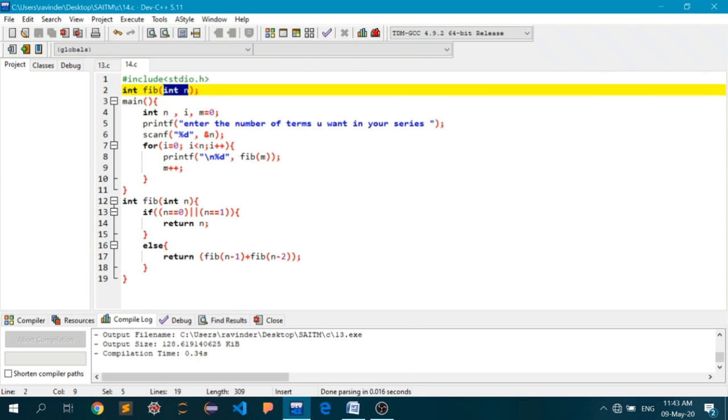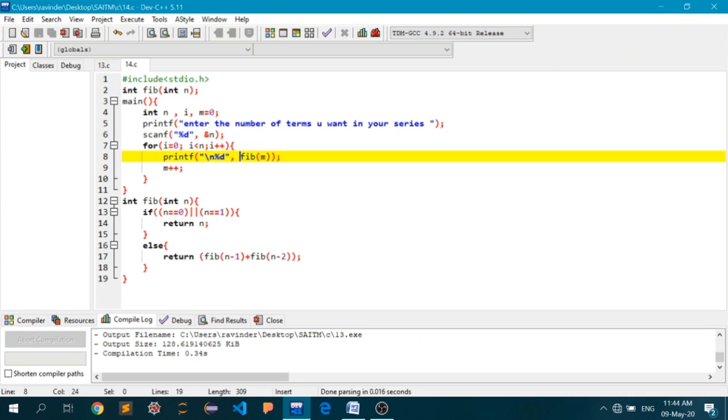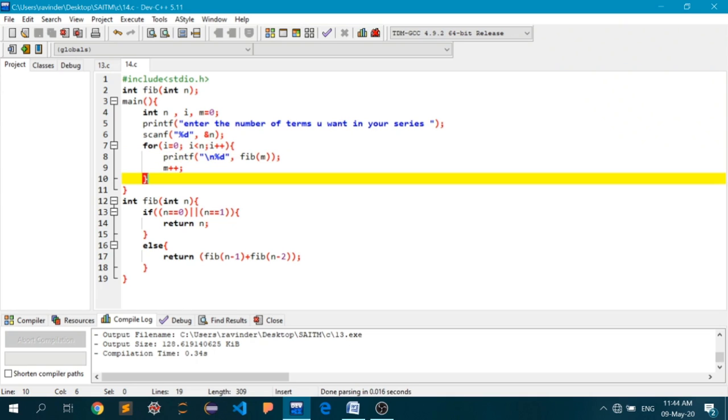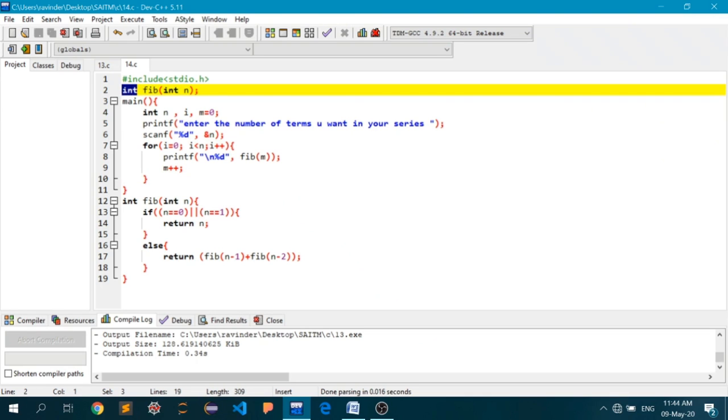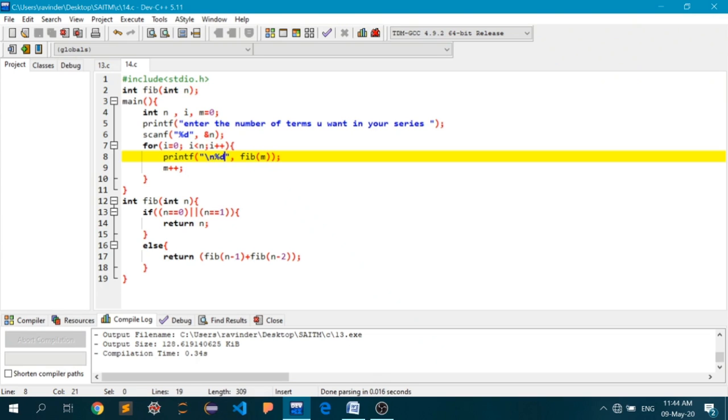So I have used the standard printf function, that is the output function. It will print the value being returned by the function fib. Let me again draw your attention to this word here, int. My function fib is returning a value of type integer, so I've written %d as the format specifier.